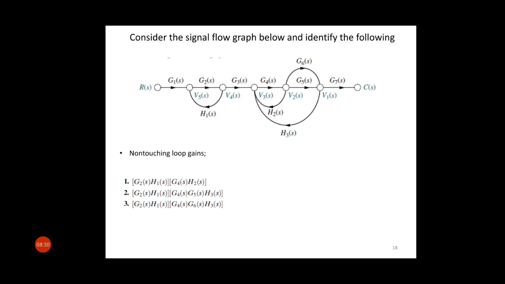So you people have understood what is input node, output node, forward path, feedback path, the loop gain and forward path gain and the non-touching loop. Okay, so